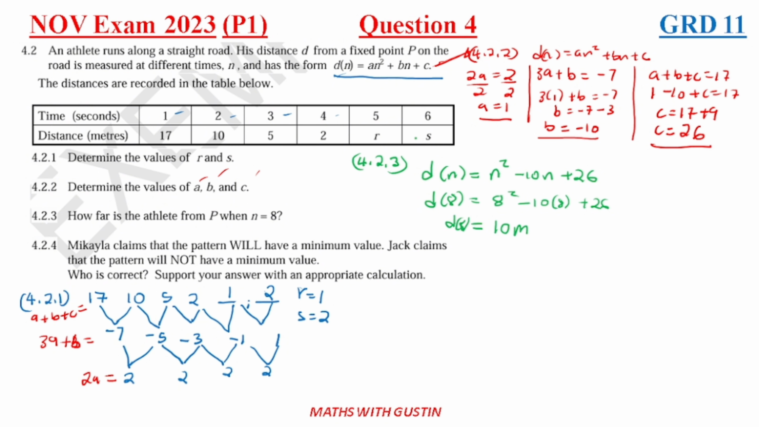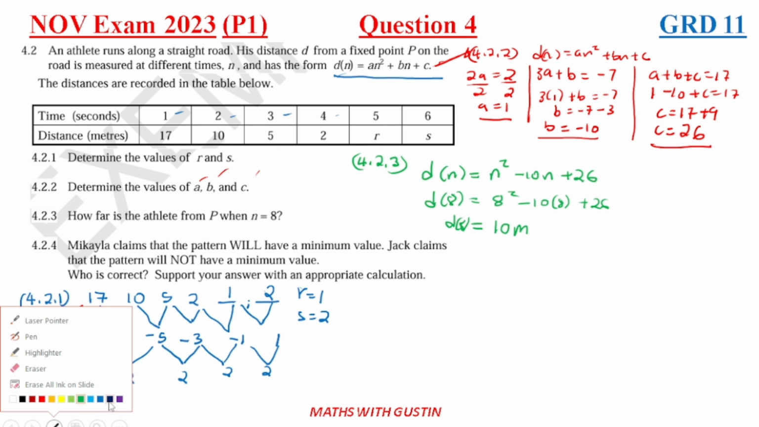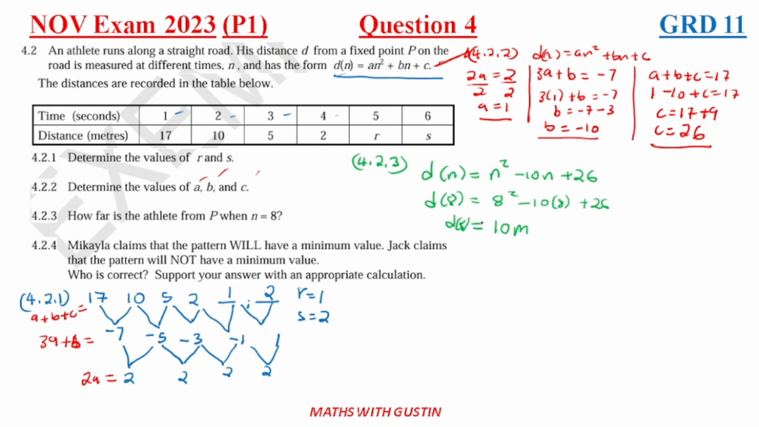All right, moving right along, let's move on to 4.2.4. Okay, interesting question indeed, guys. Very, very interesting question, and it's a nice one, this one. 4.2.4. I really enjoyed explaining this question to you guys. It's a very cool question. It says now, Michaela claims that the pattern will have a minimum value. Jack claims that the pattern will not have a minimum value. Who is correct? Support your